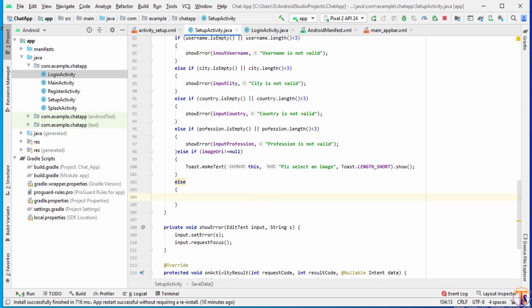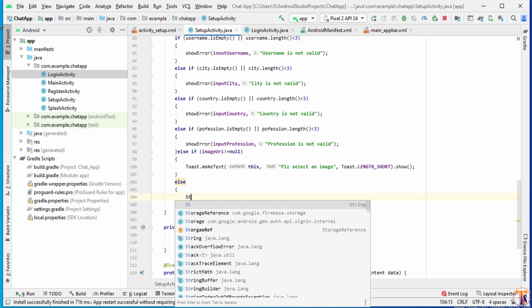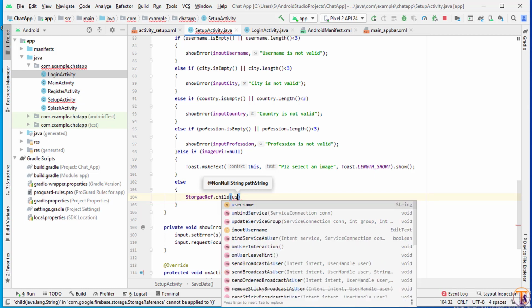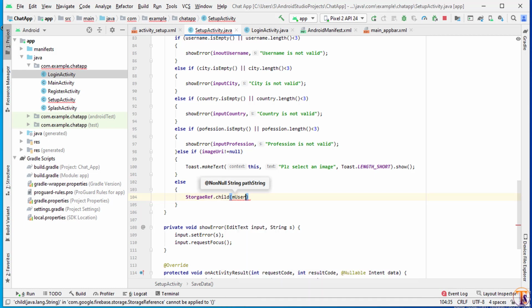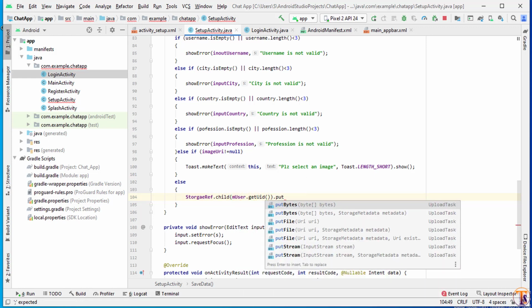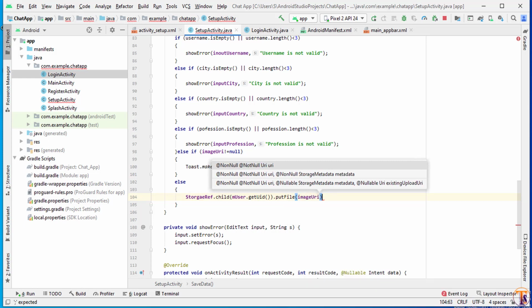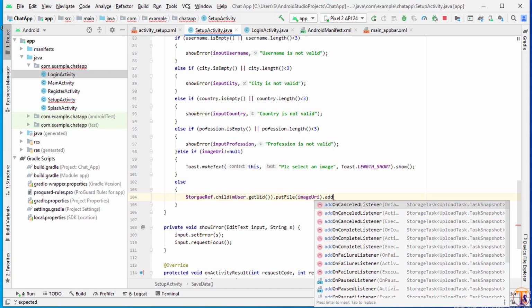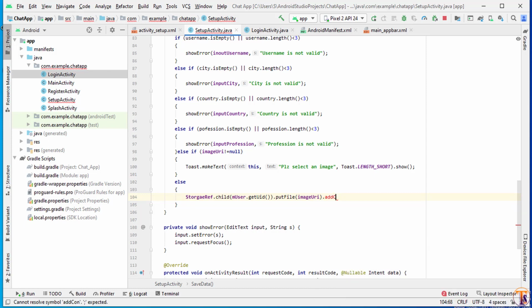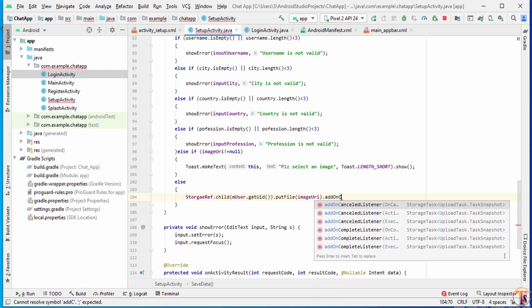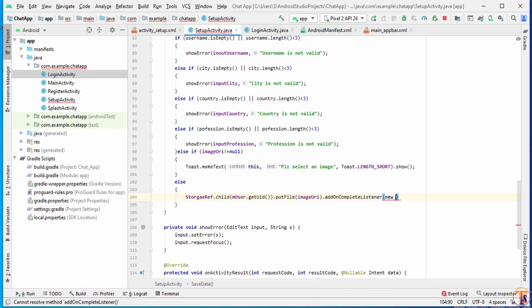So over storage reference dot child, the child is mUser dot getUid dot putFile, and here we will pass image URI dot addOnCompleteListener, new OnCompleteListener.